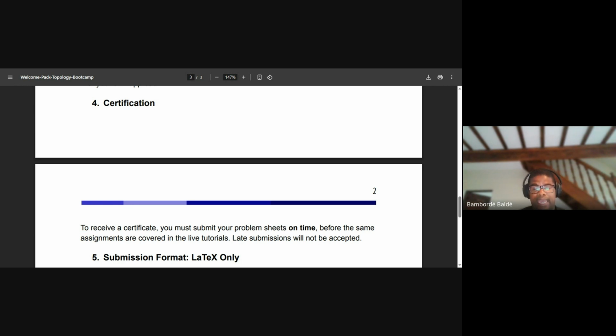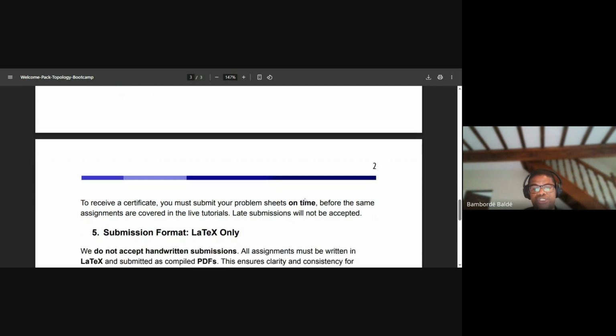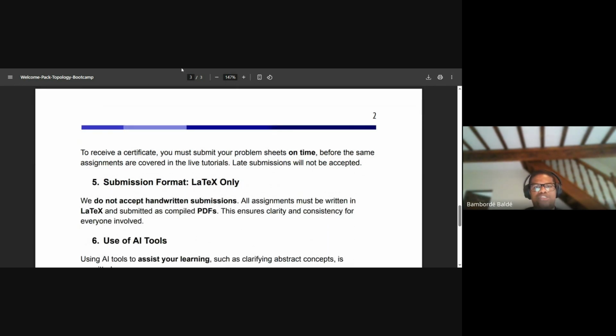That's fine. And the other thing is, in terms of submissions, we will not accept handwritten submissions anymore, because it's just too much hassle to try to decode people's handwriting. My handwriting is terrible already, but imagine you have like 10, 20 people with different types of handwriting, and it's just too time consuming. Plus, having LaTeX skill is an important thing in mathematics.